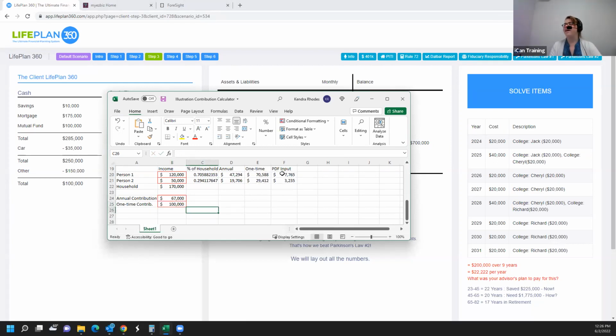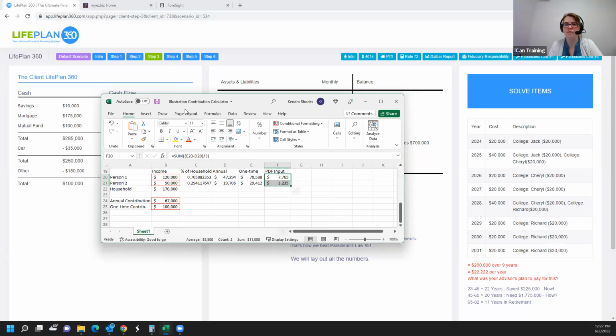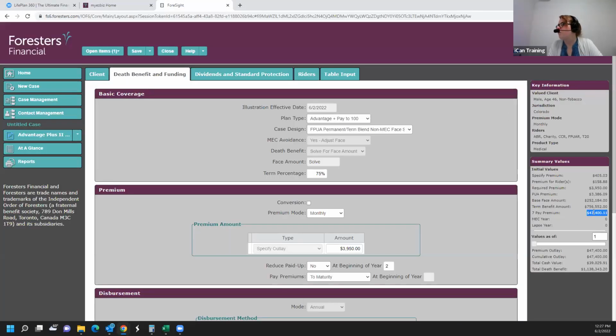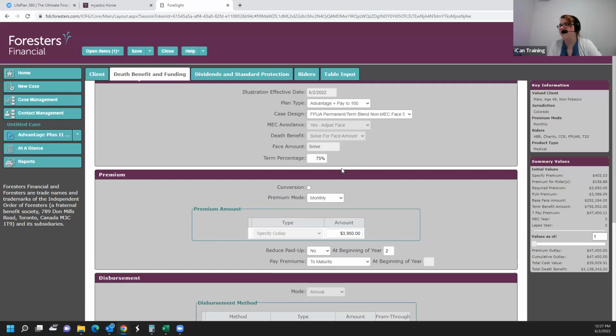Okay. And this right here tells us what our total one-time contribution is and how we're dividing that out. So I'll explain what that means in just a second. So let me bring that back over here. So remember, we're right now maxed out on our 7-pay contribution. So coming back to death benefit and funding,